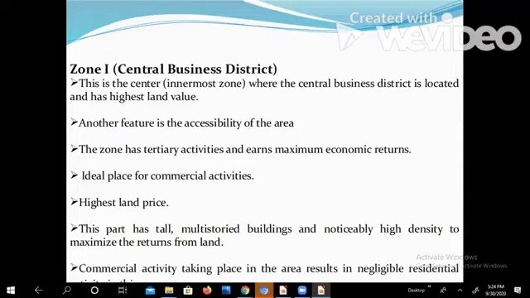This area would also be very good for various shopping malls, various markets, etc., because we have people over here with high spending power. But over here, we will have negligible residential activities. Why negligible? Because the land price will be so high that it cannot be affordable